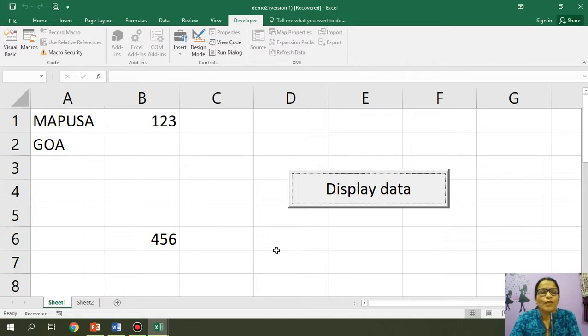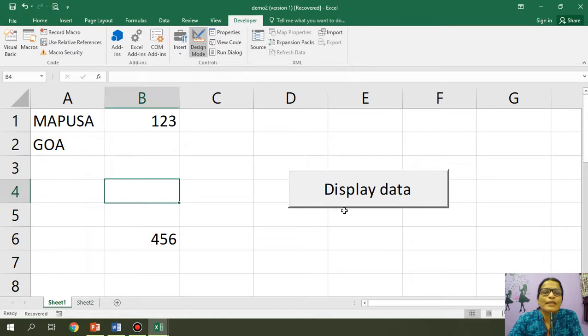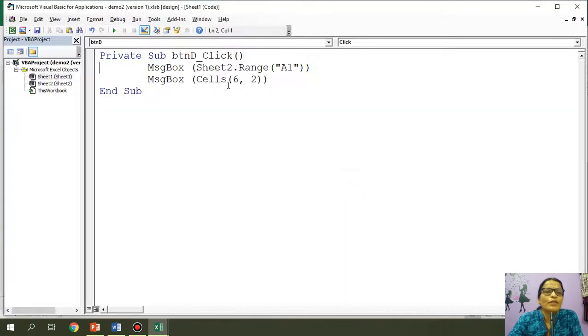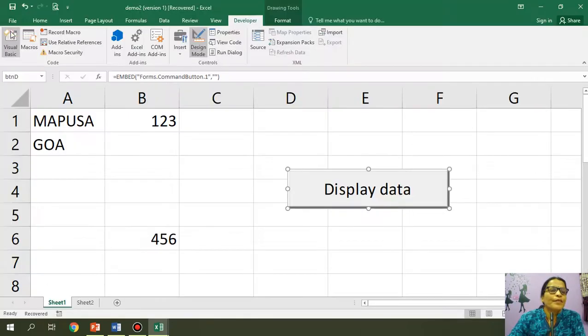Next, suppose I want to store something in a cell. For example, I want to put some data in cell A4. How do you do that? Let's go again into design mode and change the code here. Suppose I want it in range, let's say A4.